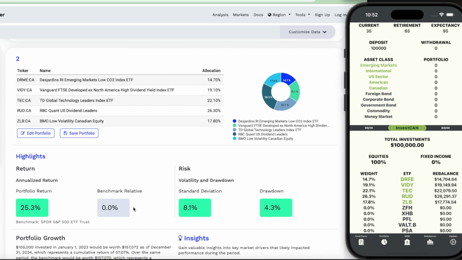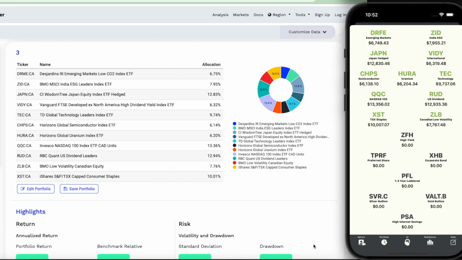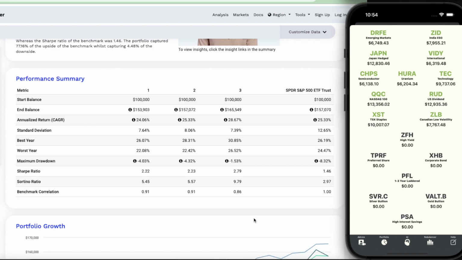global tech from TD. And then when you click the MGN button, it's going to build out a more diversified portfolio, and we'll see basically the performance, and you can ask yourself, is it worth buying all these ETFs, or can I just have less holdings? So all these portfolios performed over 24% over the last 2 years.